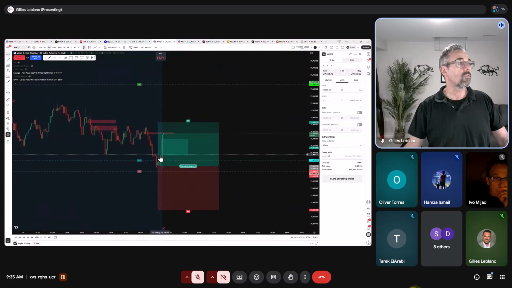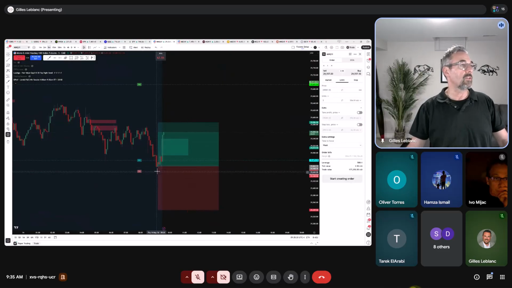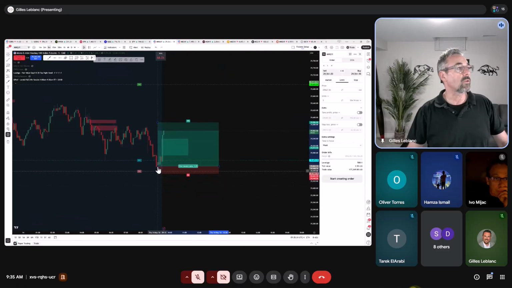Yeah, maybe over here would have been a good entry, or this somewhat of a kangaroo tail. It's not really a kangaroo tail because the tail needs to be 2/3 of the body. But let's say you got an entry somewhere in here, let's say above here. We'd already be close to what, right here, a 2.5R.